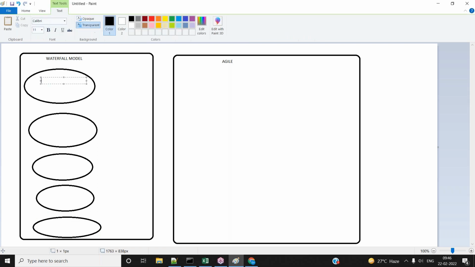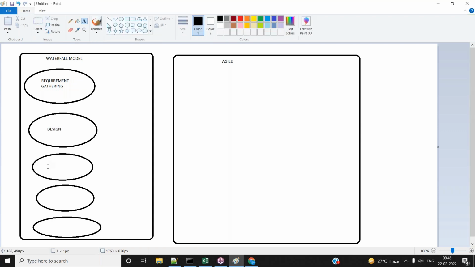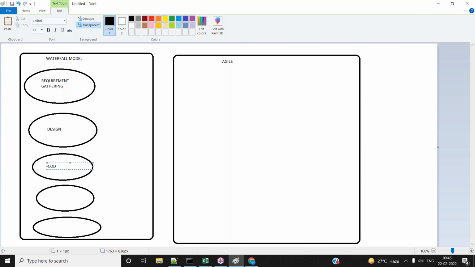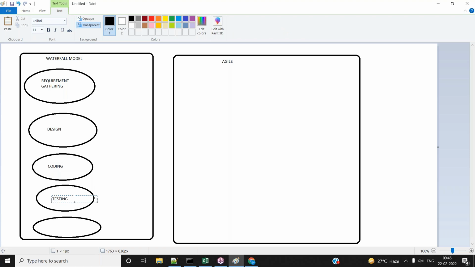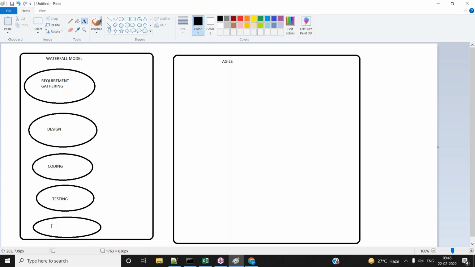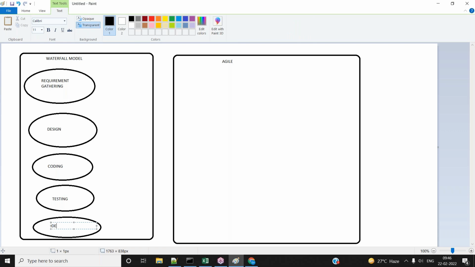So at this stage, requirement gathering will be there. Okay, requirement gathering. Here they will design the application. Here they will code the application. Coding team will be participating. Here then testing will be there. After testing the application, they have to deploy the application to the multiple environments. Okay,